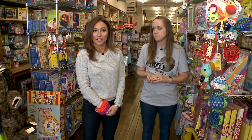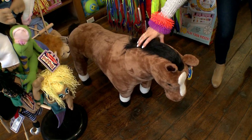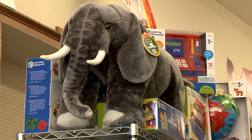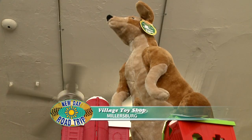And then you can't forget about the giant stuffed animals. Look at this little guy right here. You have them all over the place too. We do. Are these a big hit? They are. Yep. I can only imagine. We have an elephant and flamingo and giraffes and unicorns and kangaroos and